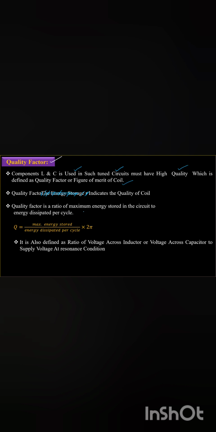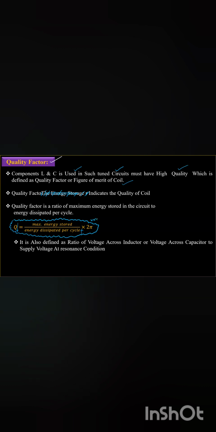Quality factor is the ratio of maximum energy stored in the circuit to energy dissipated per cycle. This is important. This is the fundamental formula for quality factor. If energy dissipated per cycle is more in any coil, then that coil has a low quality factor. If energy dissipation is less, then that coil has a high quality factor. That's why the fundamental formula for quality factor equals maximum energy stored by energy dissipated per cycle, into 2